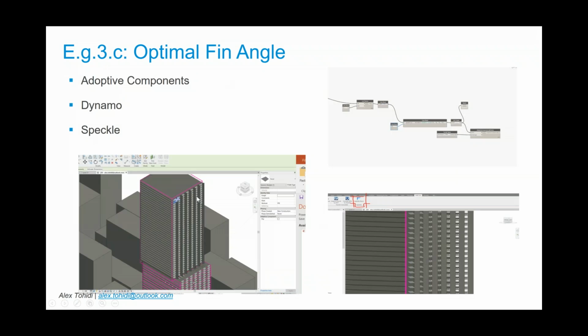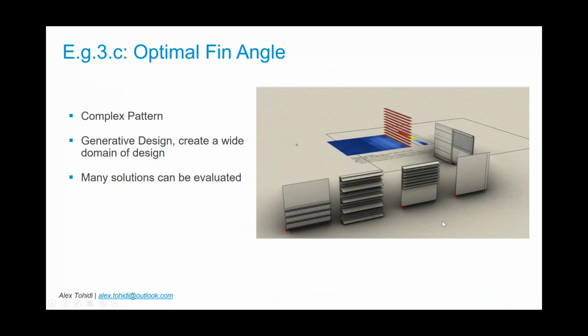And then at the end, I was able to bring the result back into Revit using adaptive components, Dynamo, and Speckle. So essentially Speckle is a platform used to transfer data. Instead of a file, it's kind of like Flex, what it used to be. It sets up a URL, you send the data up, and then you can pull it down when you need to. The last thing I wanted to say about the optimal fin angle is that remember,